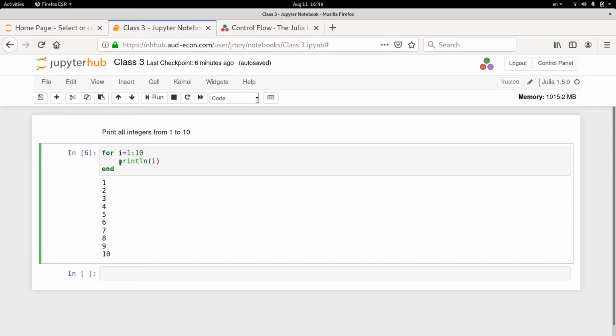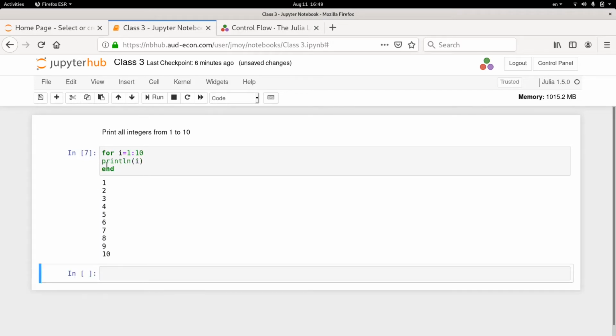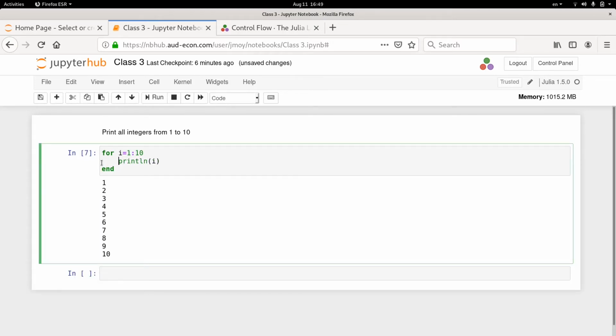If you don't do it, the code still works because Julia does not care about indentation. But for humans, and the main human is yourself, when you are reading the code, it is essential that you indent it like this. Okay. Now let's get into it in more detail.